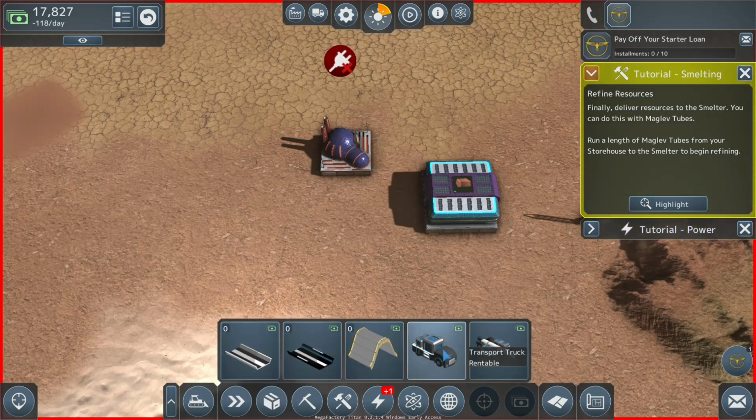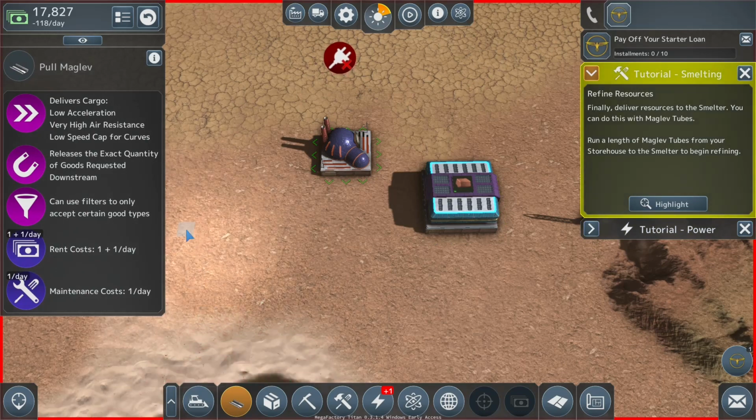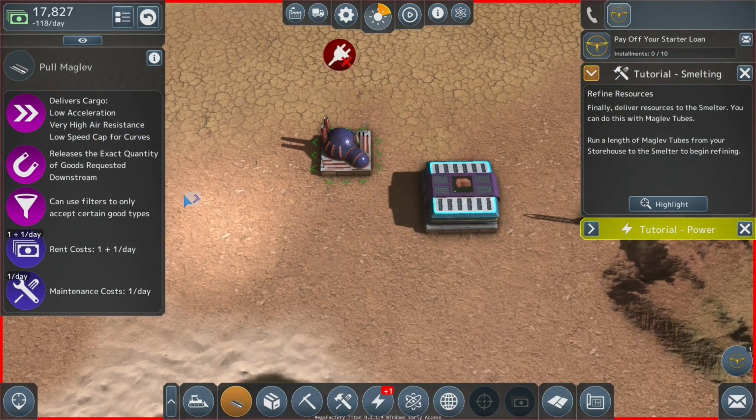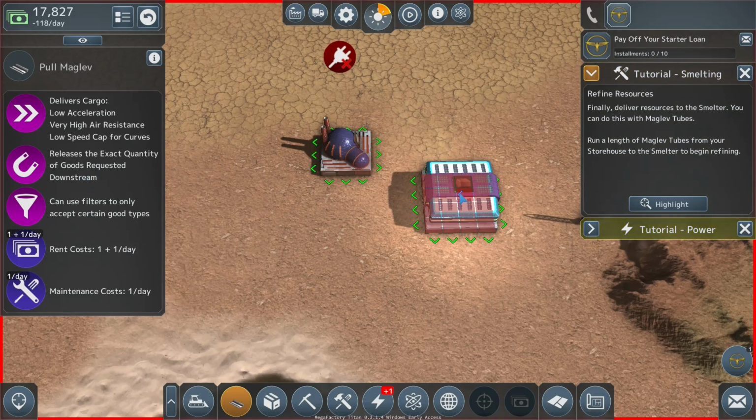There are 2 different types of Maglev. There is a pull and a push. And the difference between the 2 is the pull, these are all slow at the moment, low acceleration, very high resistance, so they're slow delivery. Releases the exact quantity of goods requested downstream. So if I connect this storehouse to this building, when this building